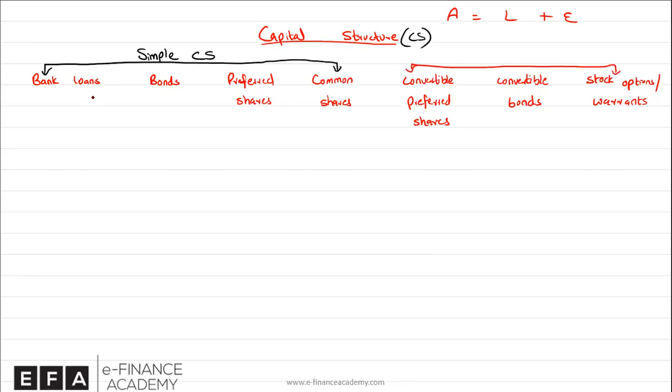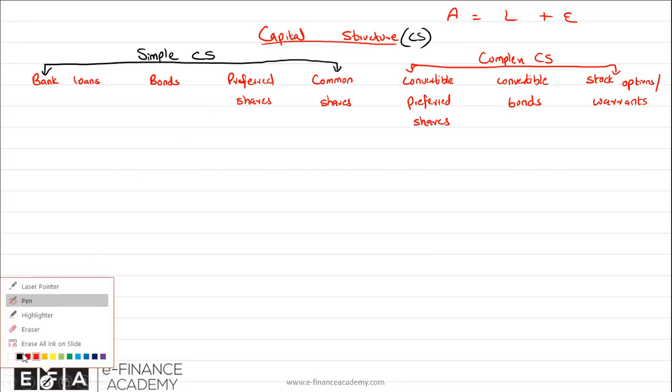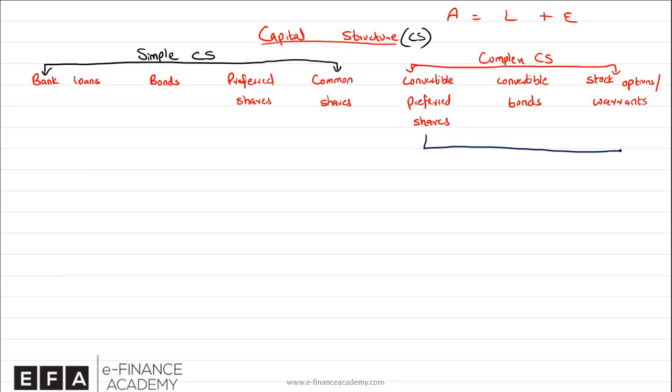So if you have, for example, bank loans, bonds, preferred shares, and common shares, but you've also issued a convertible bond, then that means the capital structure would actually be a complex capital structure. So the addition of any of these three items to a simple capital structure would simply make your capital structure complex. And the reason being is this: these securities are referred to as